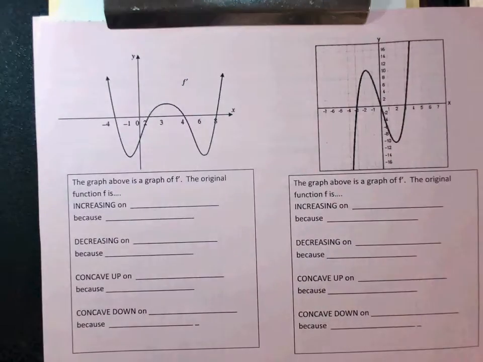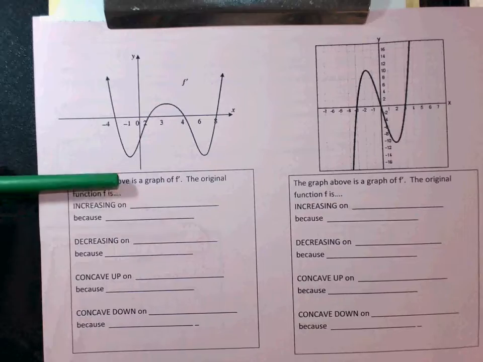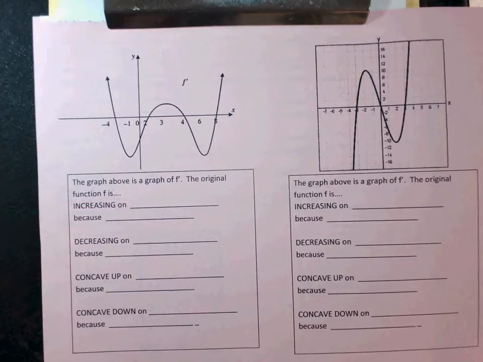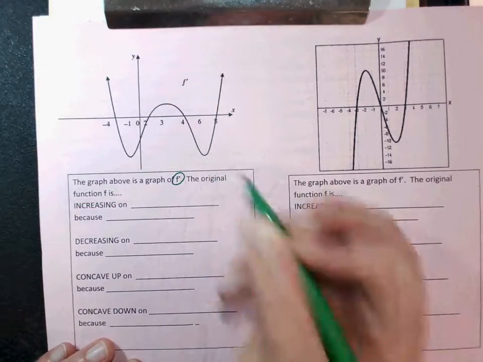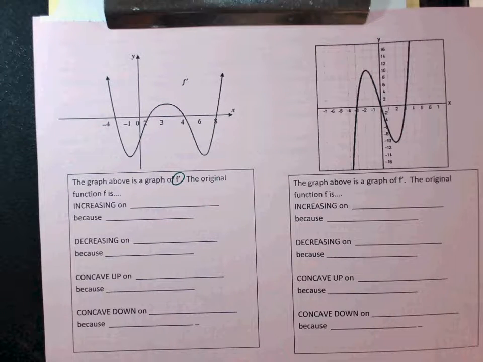Okay, so today should not be confusing unless you don't listen at the beginning, because there are some things I don't want to repeat over and over again. So the most important thing is that this is not a graph of f. This is a graph of f prime. It's also labeled f prime, but if you don't notice that,